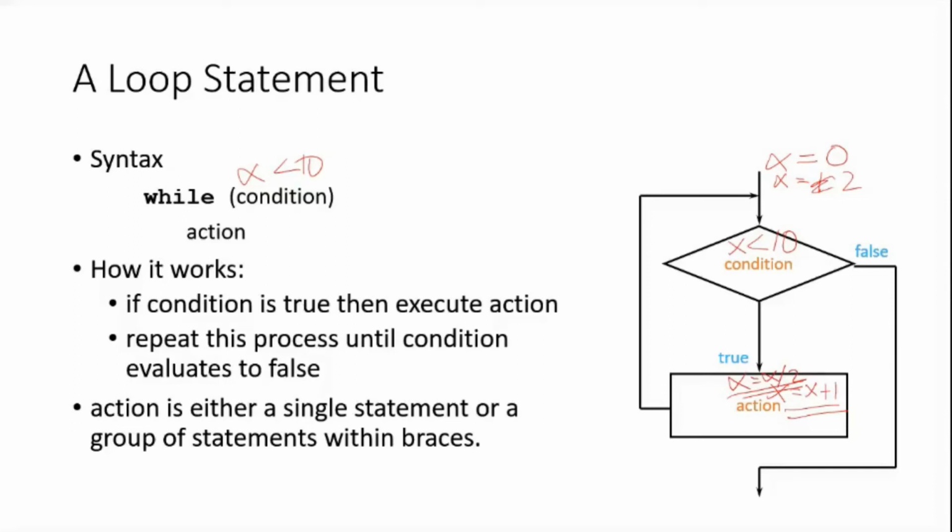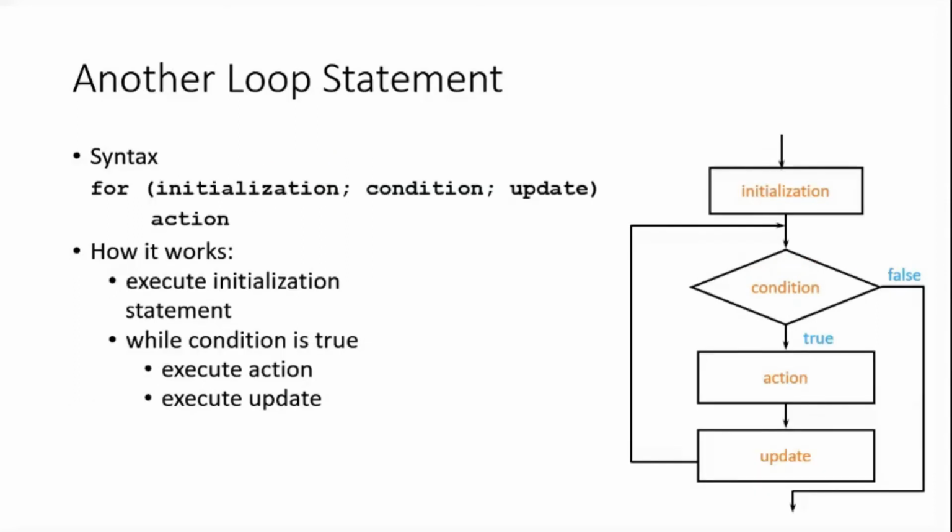But in some cases we need to execute a set of statements for a specific number of times, say 5 times. So in that case, what we use is a for loop. In the case of a for loop, we execute, say, x equal to 0, condition x is less than 10, and x plus plus,